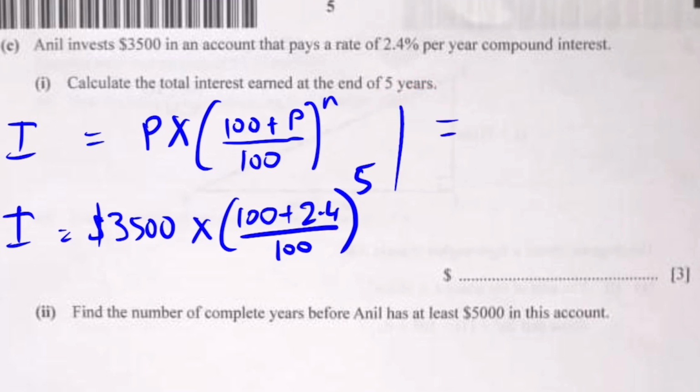Now, that will be equal to, let's get our calculator out, 100 plus 2.4, whole thing divided by 100. Now, to the power of 5, we can do this, 1.1258999, and multiply by 3,500. That will be